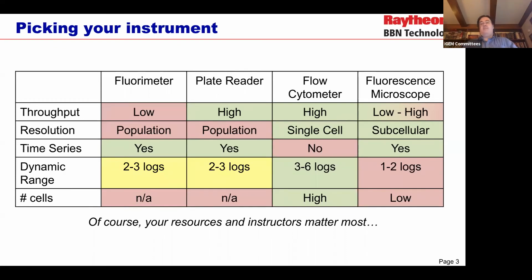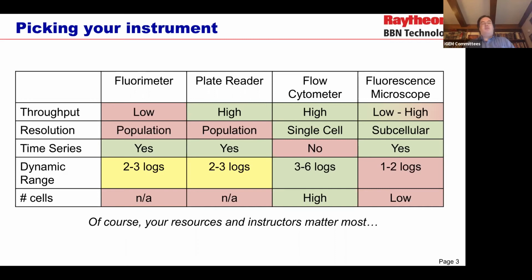Finally, microscopy is great. Some microscopes don't give you high throughput. Some microscopes have automation if they're more high end. The real value of a microscope is that it lets you get down to the subcellular level, so you can actually see where fluorescence is. You can see the shape of your cells, and you can see how they're laid out in space. And good microscopes will often let you do a time series. But